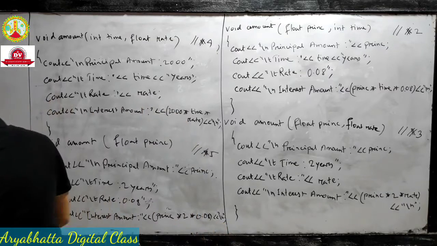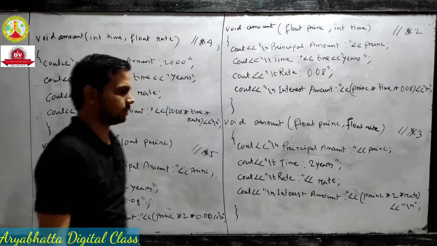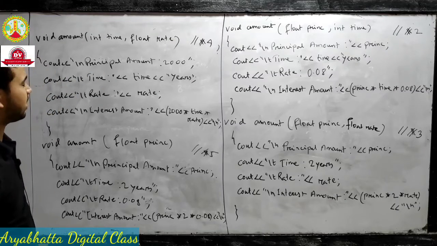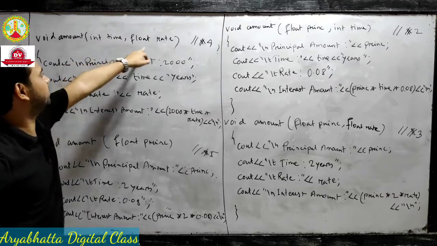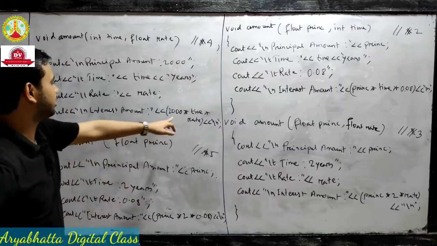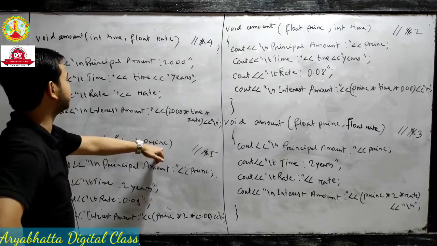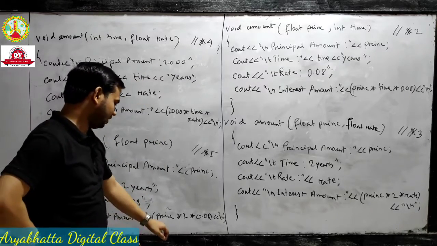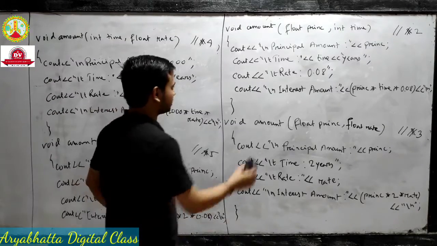You see, I told you up to this, I already discussed. In function number 4, what is the difference? Here we take int time and float rate. Principal is declared in input as 2000 directly. That's why there we write 2000 into time into rate. And here we take only principal. Time and rate we declare as 2 years and 0.08, that's why we write principal 2 into 0.08.